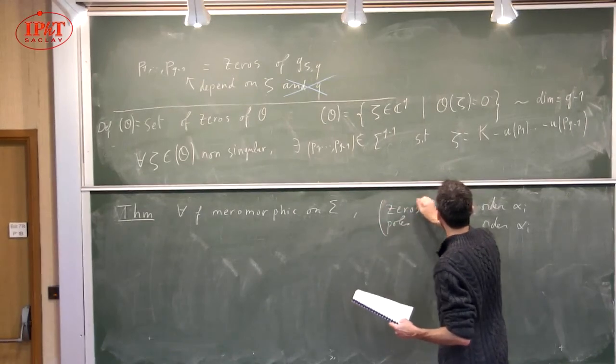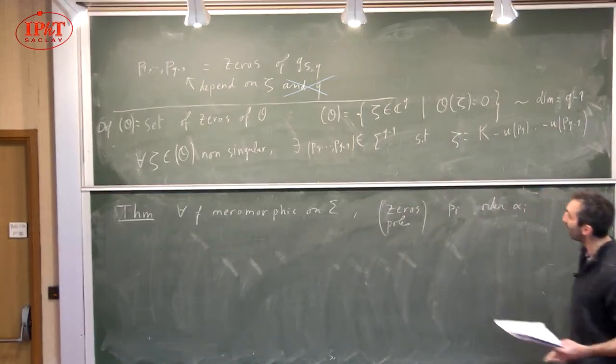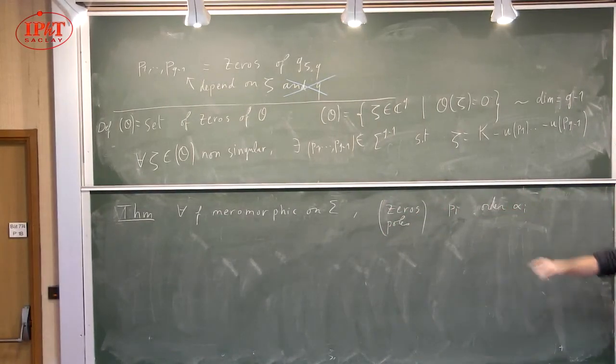Zeros or poles, it just means that the zeros have positive order and the poles have negative orders. Then,